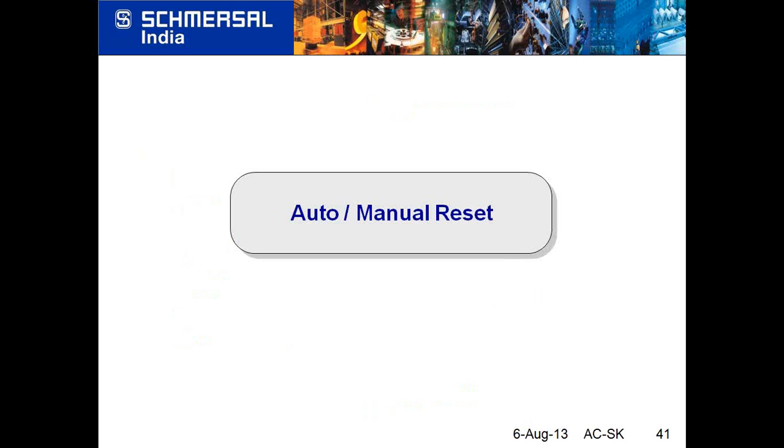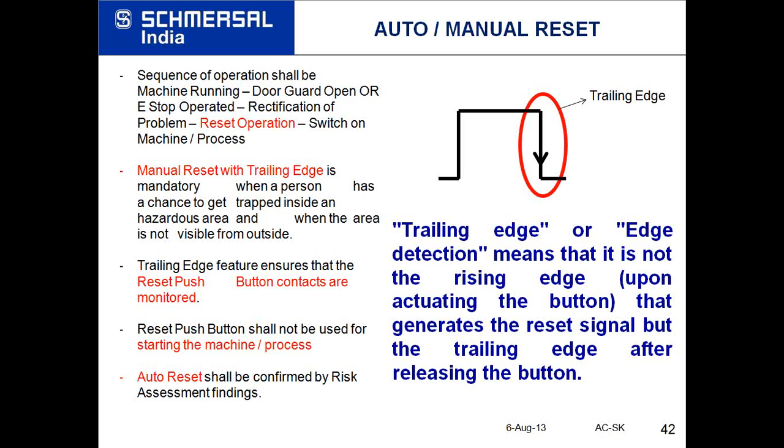Another aspect of a safety device is auto manual reset. Whenever we have a safety system, suppose the machine is running. You open one of the door guards, or you operate an emergency stop. Then the next sequence is that you rectify the problem because of which you operated the door guard or the e-stop.